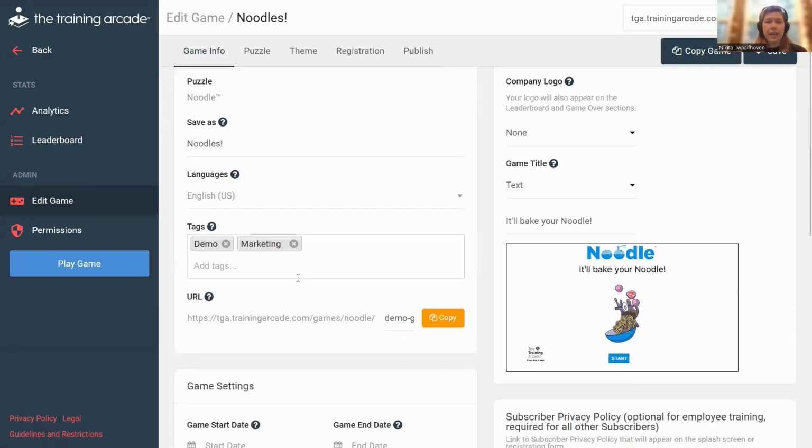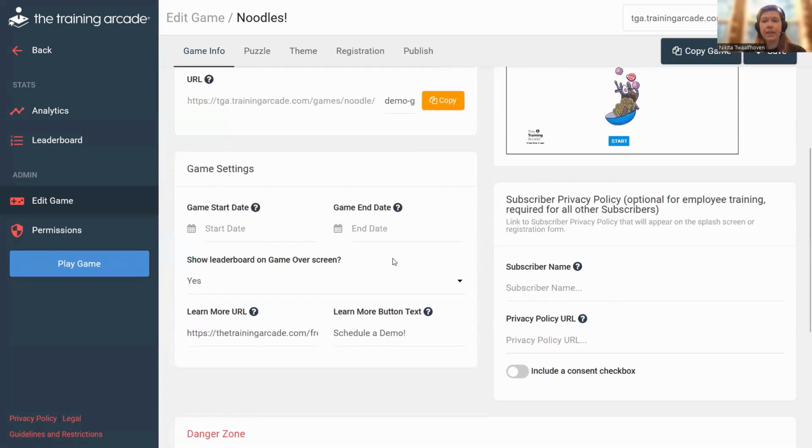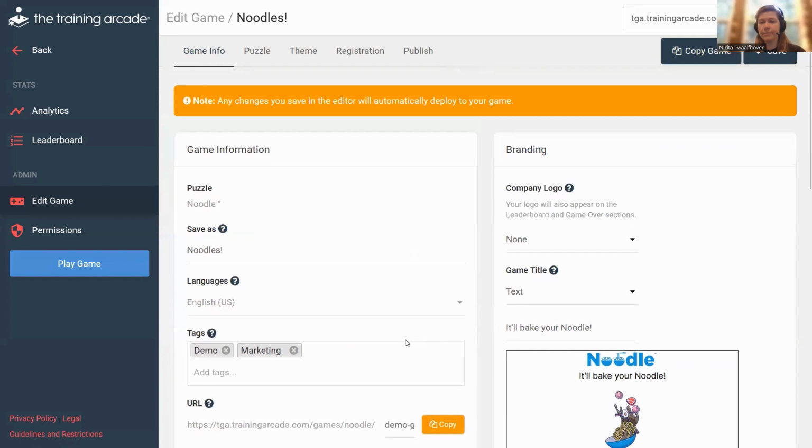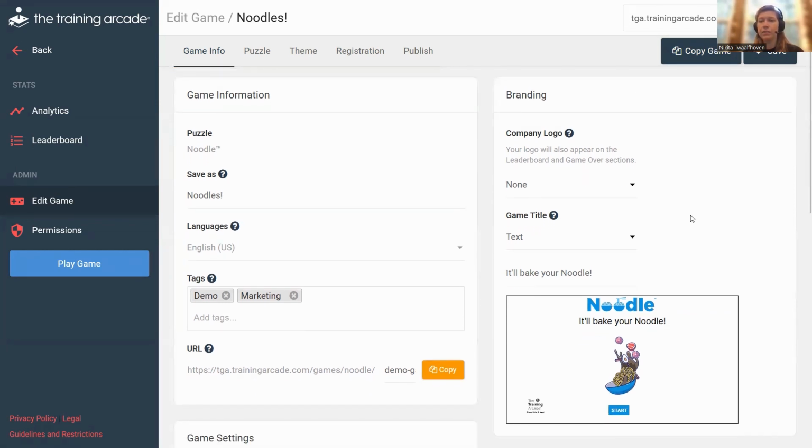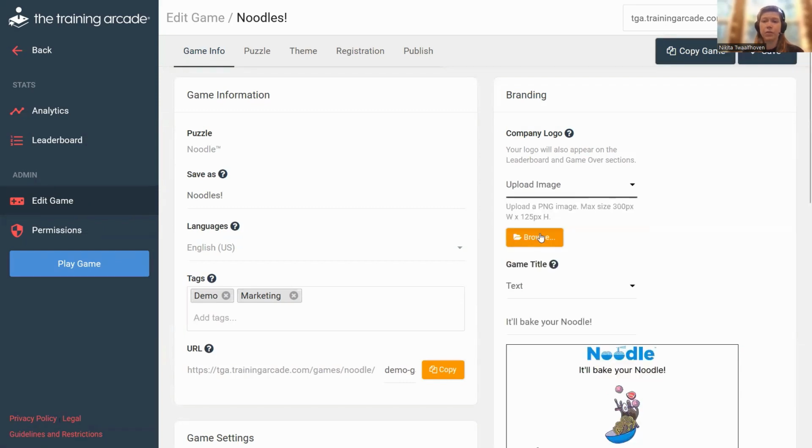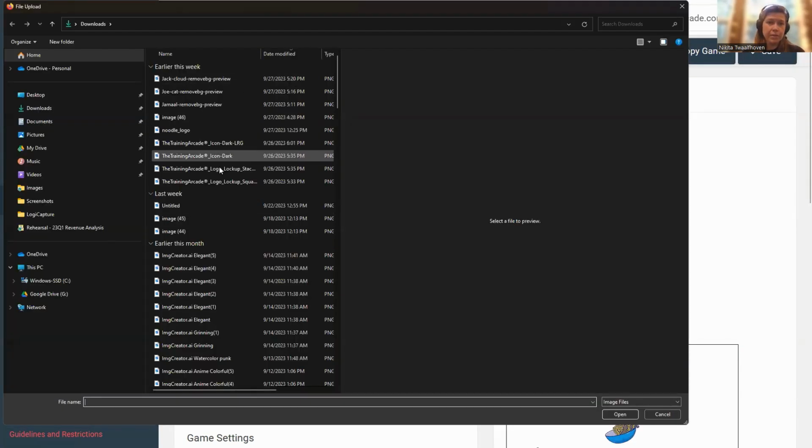Everything else, such as tags, the URL, game settings, subscriber policy, and the danger zone are the same. The thing on the game info page which is different is the branding. It used to be under a different tab. Now we brought it to the first tab. If you wanted to add your logo to the game splash screen, you can still do so by uploading an image. For those of you who are not familiar with how this works,